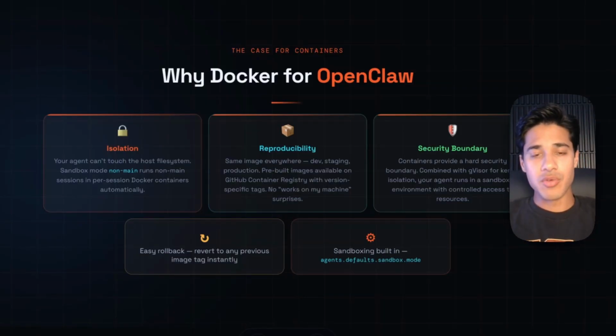Second, reproducibility. So pre-built OpenClaw images are available on the GitHub container registry. So you pull an image, you get the same exact environment everywhere. Third, sandboxing is built in directly to OpenClaw's architecture. You can set